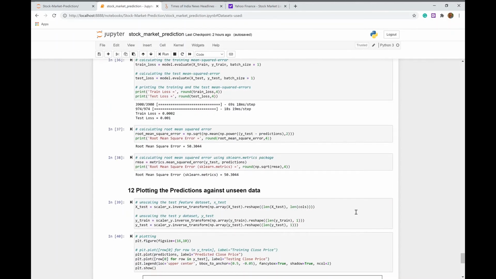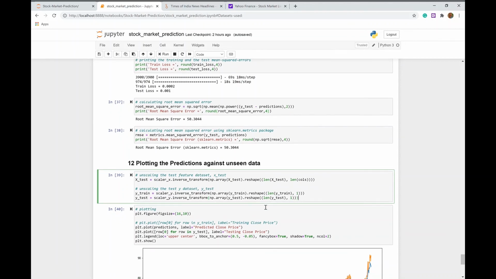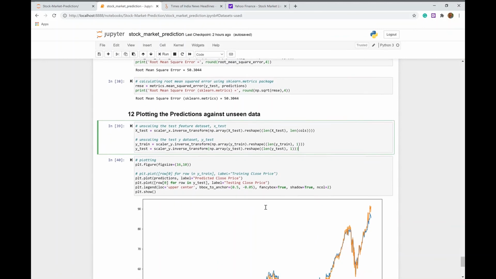Next, I have plotted the predictions against unseen data. For that, I have first unscaled the data which is required here. So I have first unscaled the x test using scaler underscore x, and I have unscaled the y data set using scaler underscore y. So first unscaling the data and then I have plotted it.